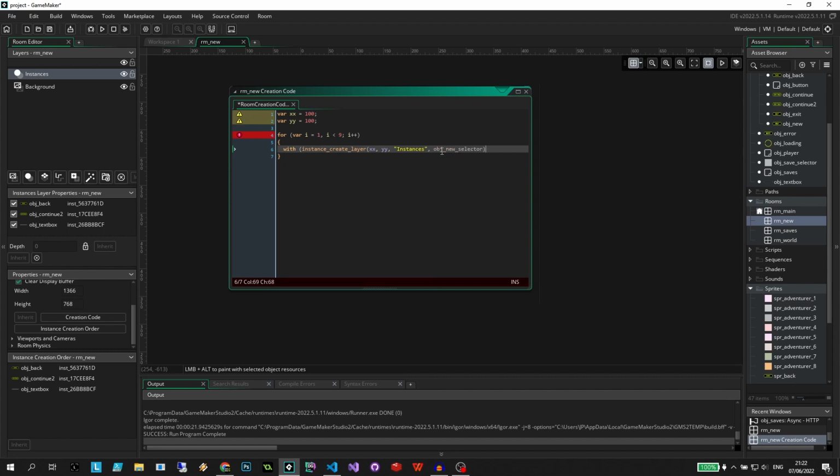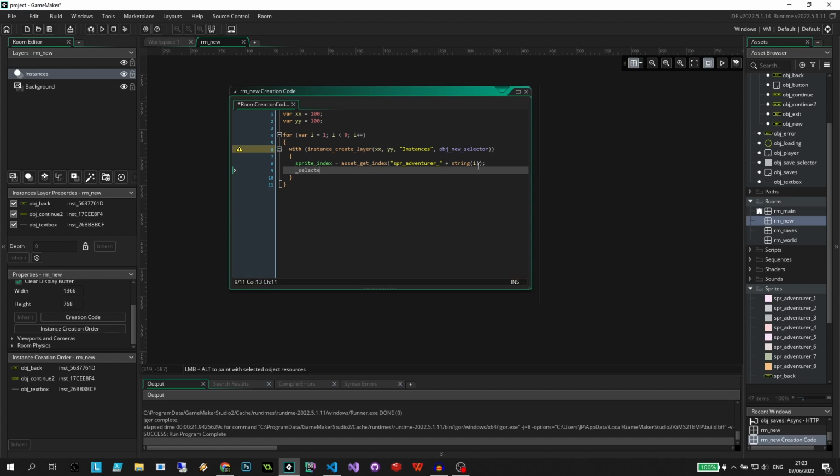Very similar to save selector. New selector is going to render the sprite, and you click it, it kind of sets some globals, but it's not tied down to predefined values coming from the API, like the X and Y coordinates and things like that. So the sprite index is going to equal asset get index SPR. It's cool that you can build up these assets to more dynamically create objects, which is really nice. Adventurer underscore plus string i,